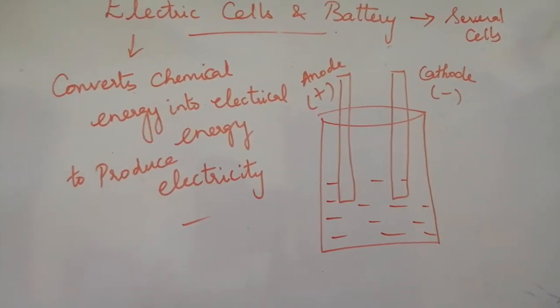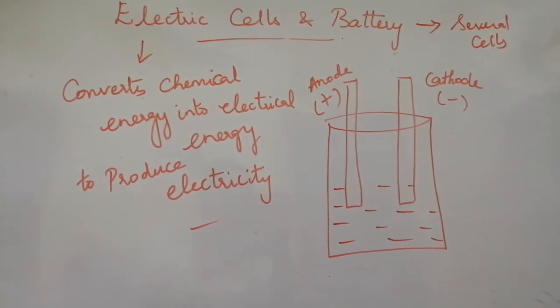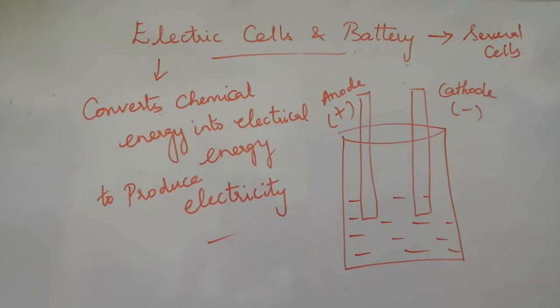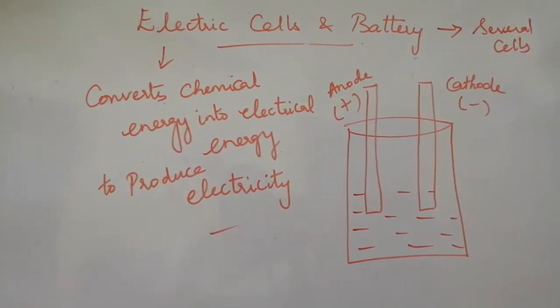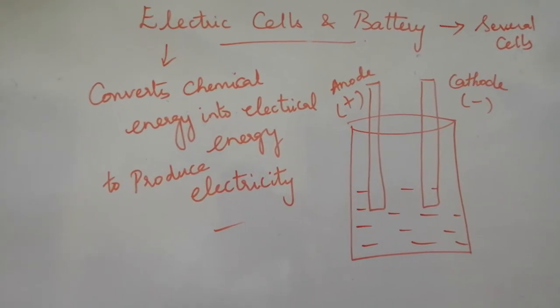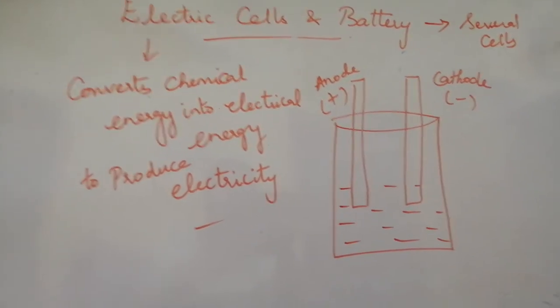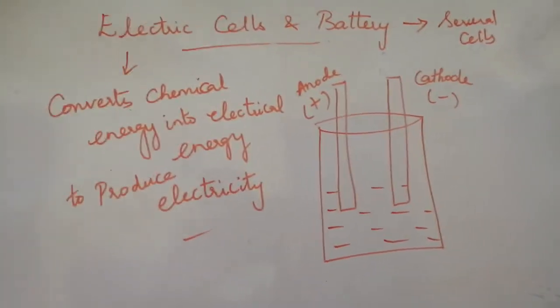So this anode and cathode, as you know, are positive and negative. This forms the terminals of the cells. In a battery, you can see that you have a positive terminal and a negative terminal, one plus and minus, no? So the anode and the cathode form the positive terminal and the negative terminal of the battery, you see. So actually it is cells, okay.